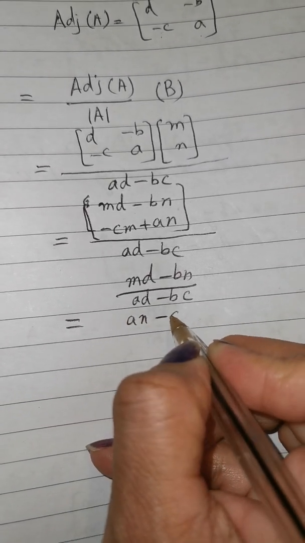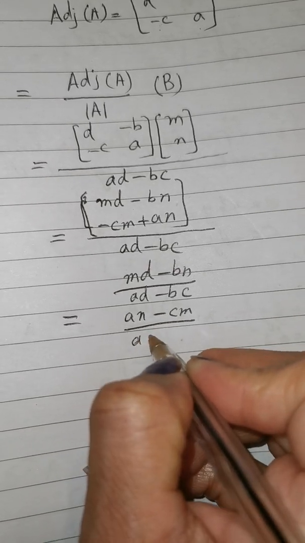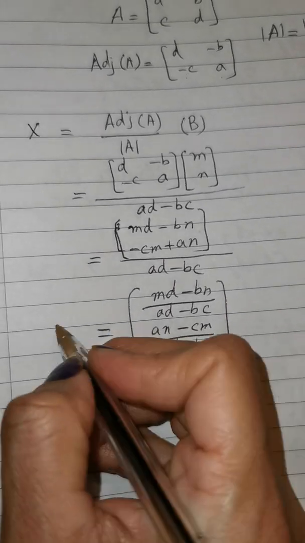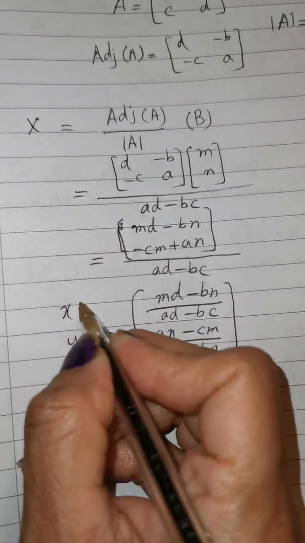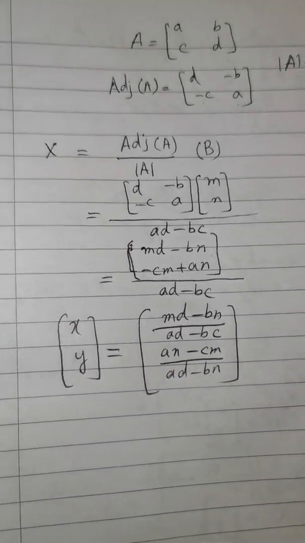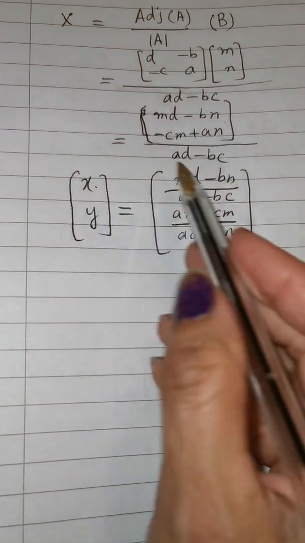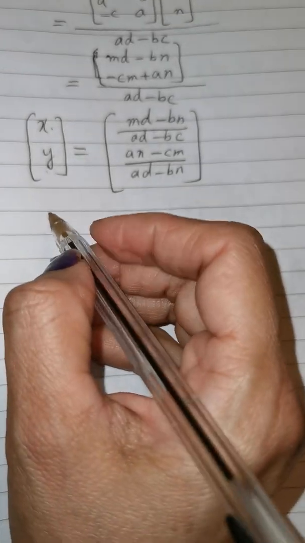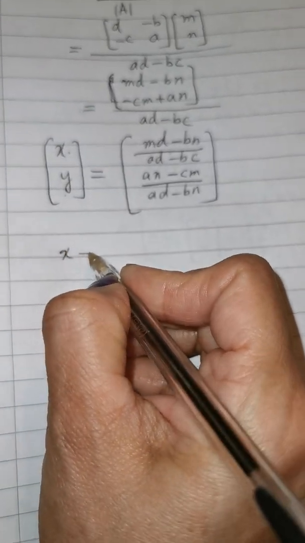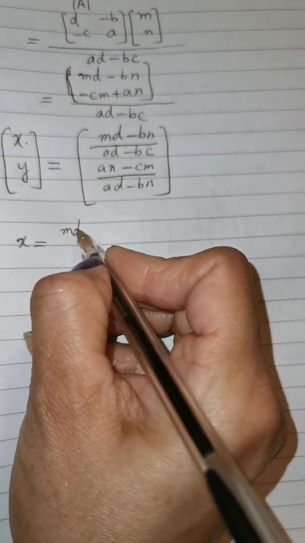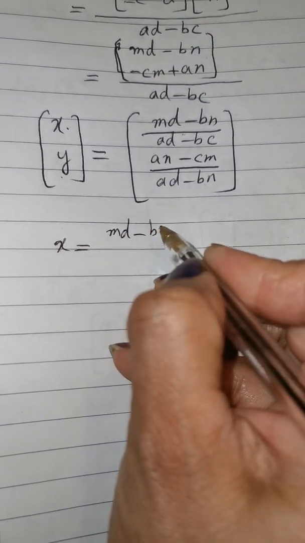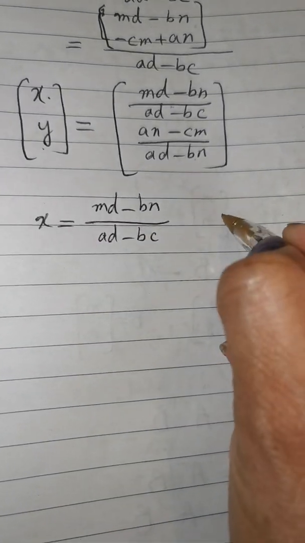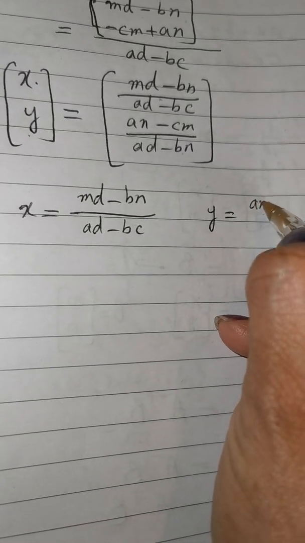and again divided by determinant, and we will get the X matrix, which is X and Y. So first will be the value of X, and second will be the value of Y, right? In this case you will say X value will be, it is in front of you, MD minus Bn over the determinant, and the value of Y will be